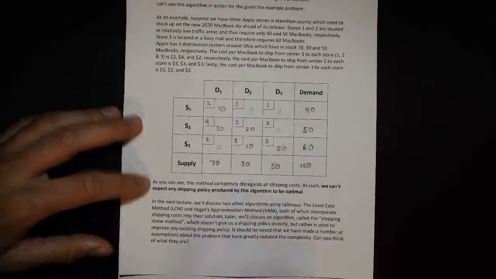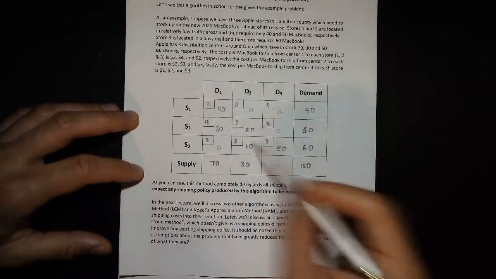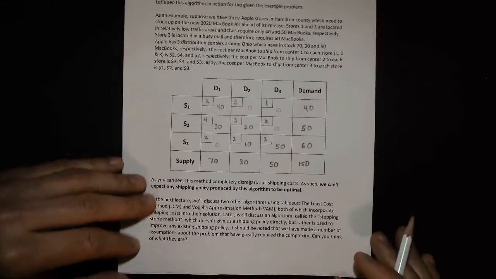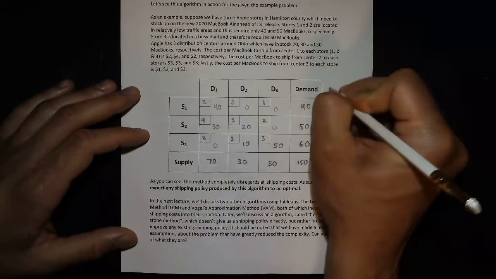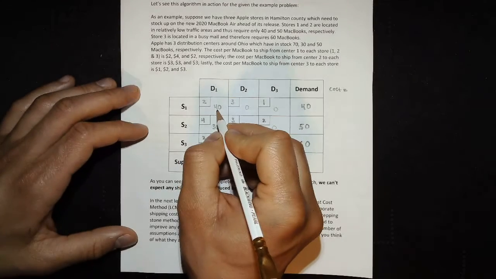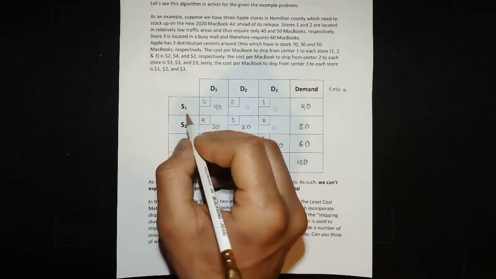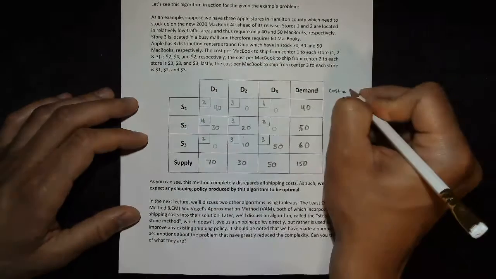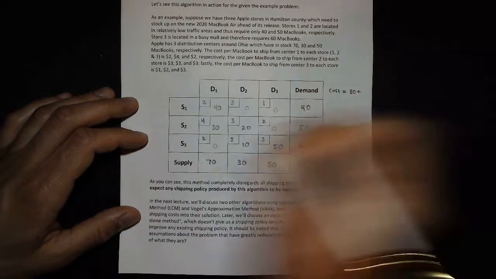All right, so what we end up with here, this filling in of the tableau, is a valid shipping policy. Okay, so what is the cost of the shipping policy? Cost. Well, we multiply the number of MacBooks sent from that distribution center to this store by the cost per MacBook to ship. So it's 80 plus 120